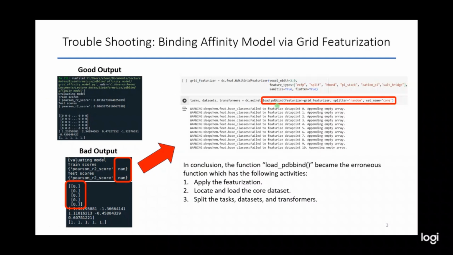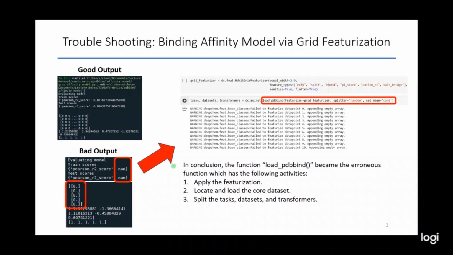It turns out that either the function source code has changed or the molnet pdbbind dataset has been corrupt, since I was getting the empty array after loading the data with load_pdbbind. To work around this issue, we need to manually perform the key operations of